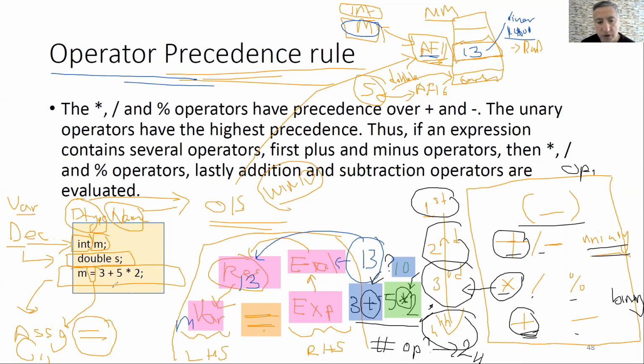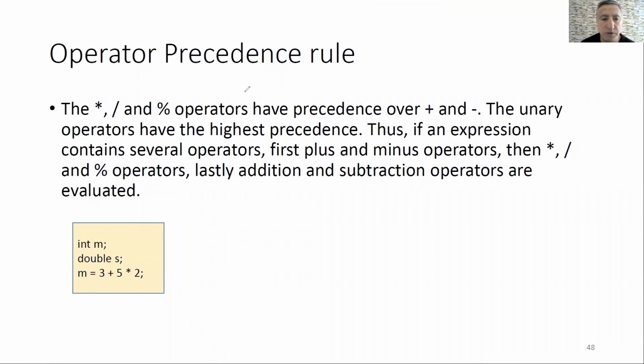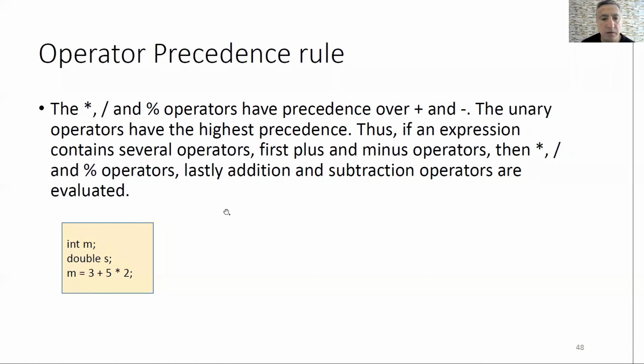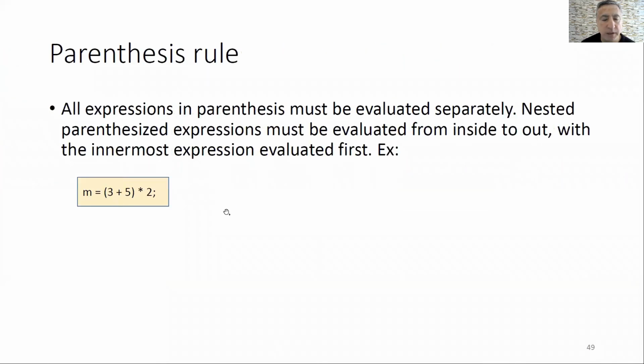So if you have more than one operator, you need to follow this operator precedence rule. I summarize here: first, second, third, and fourth. Do you have any question? Now let's continue with this example and solve a new one. Here you see that we have a new one. Now remember the rules. What should I do?